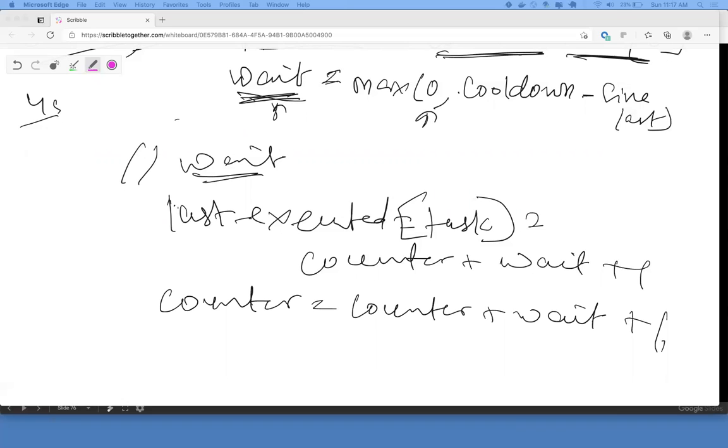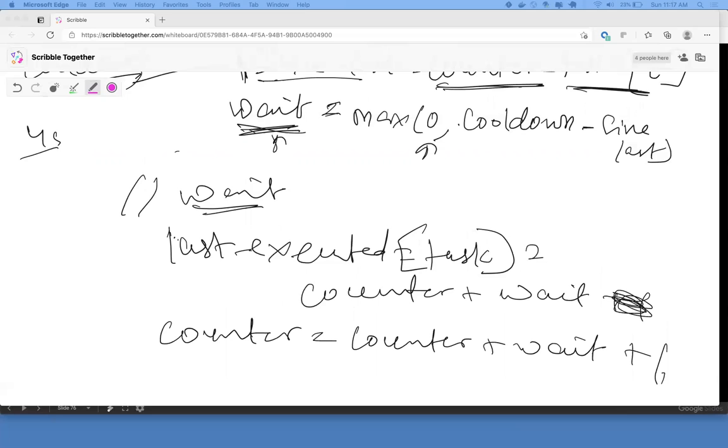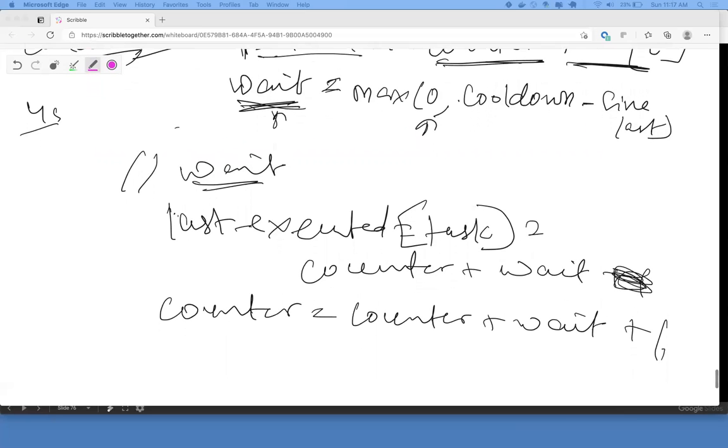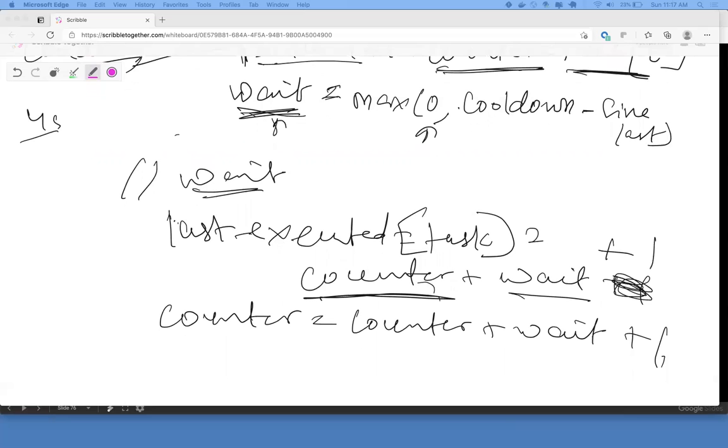I'm still confused if this is plus 1 or not. Yes, that one is plus 1. Because let's say the wait time is 4. You wait for that much, and then you add plus 1.